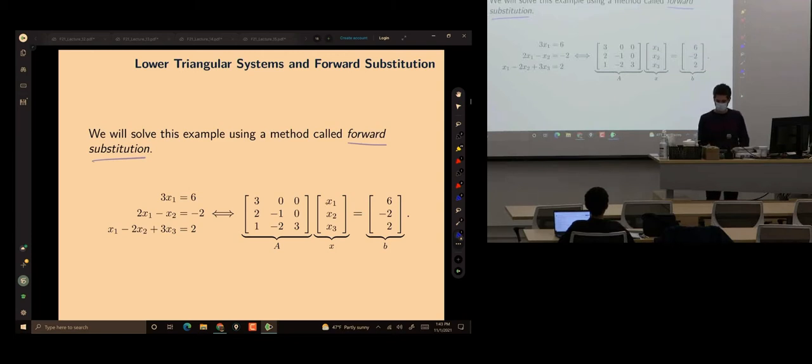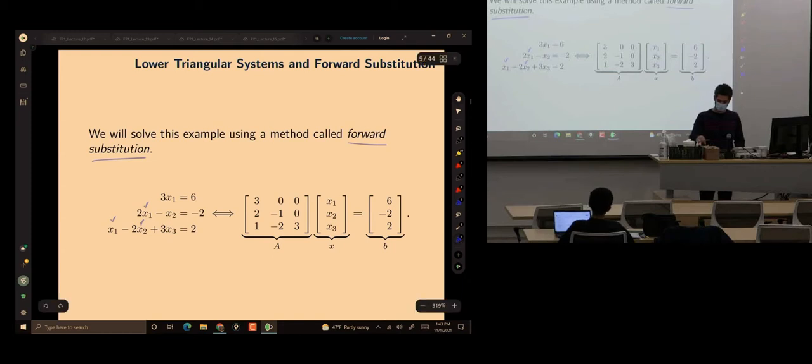You start from x1. x1 is 6 divided by 3. By the time you're in line 2, you know x1, then you solve for x2. By the time you're in the third line, you know x1 and x2, you solve for x3. So this turned out to be very important because we have an algorithmic way that scales up to arbitrary number of variables, and we can solve the linear system of equations. That's why